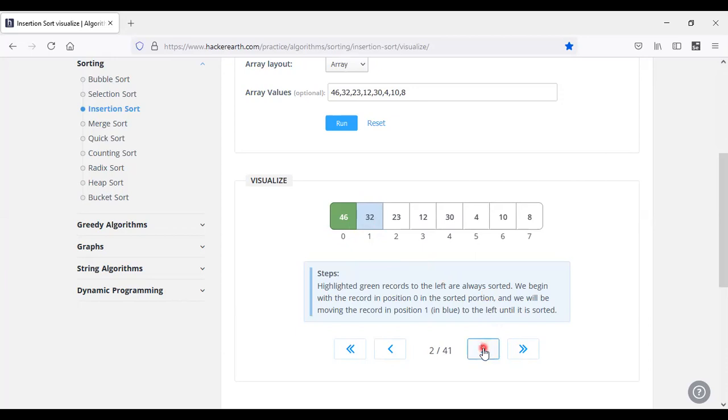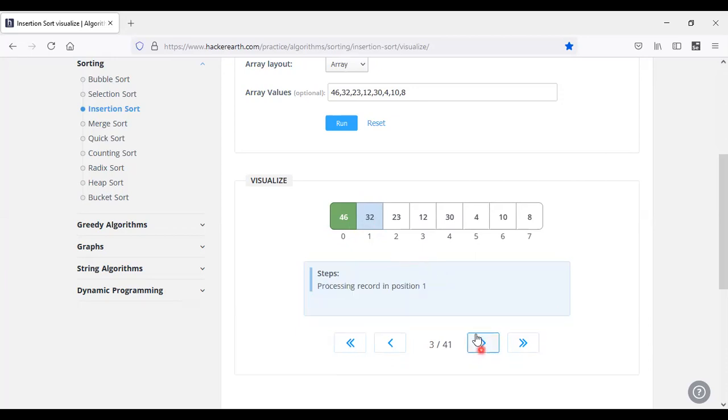So the second element, 32, will be compared with 46 here. We need to see whether it is less than or greater than.